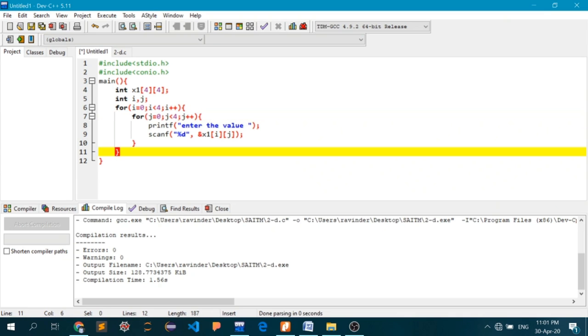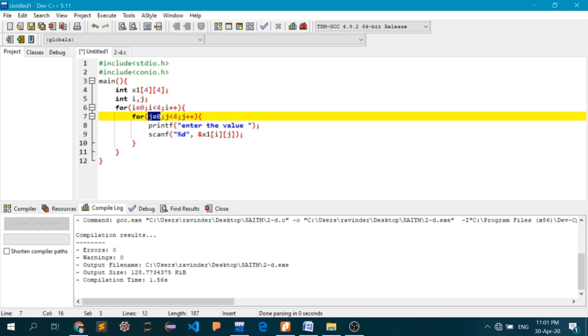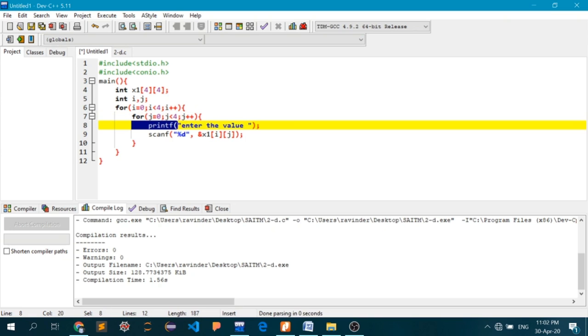And this for loop will first initialize the value of variable j equal to 0. Now this j has a value of 0, and it is certainly less than 4. So yes, we are going to be inside this loop. When we go inside that loop, first this particular command will be executed.